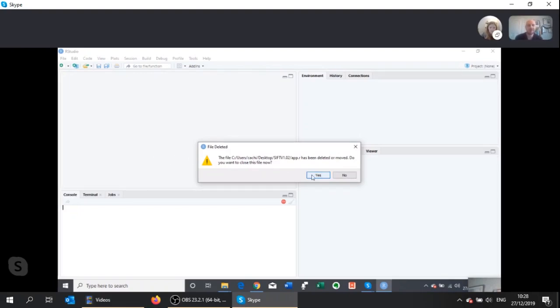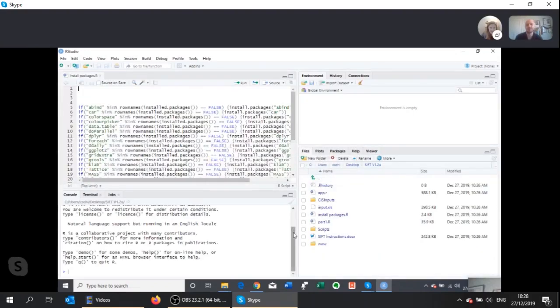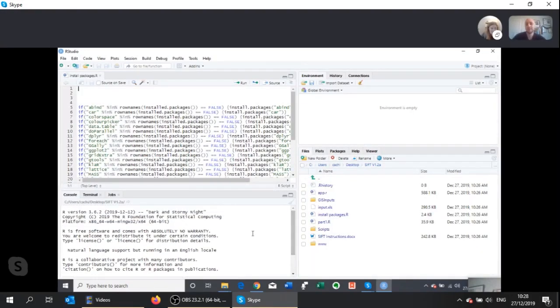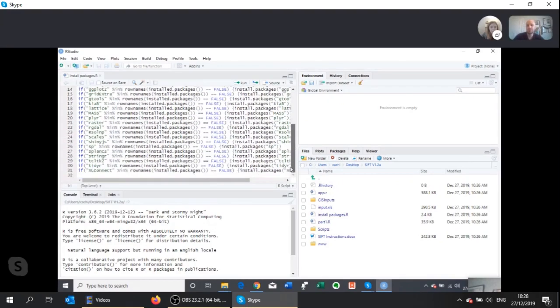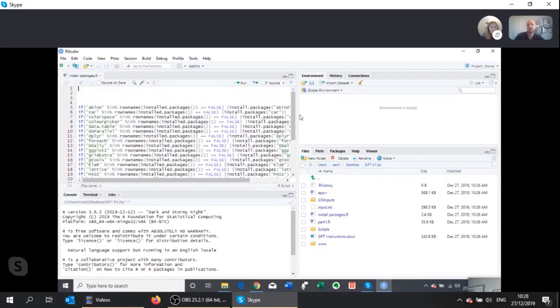That's probably where you've just run SIFT the last time. It quite often tries to reopen what you were last working on. And you see we've got this big block of code at the top. All that does is take each package the software needs, check on your computer whether it's installed, and if it's not, install it. So if you hit the source button at the top, if you click that,